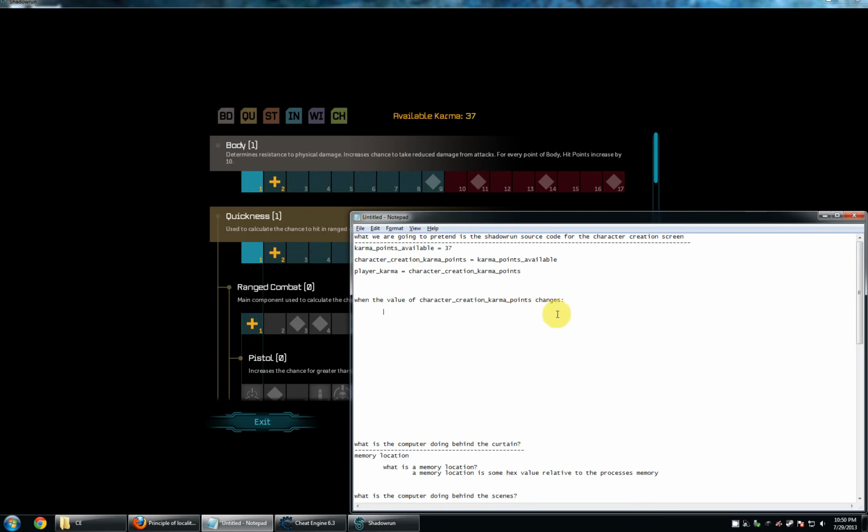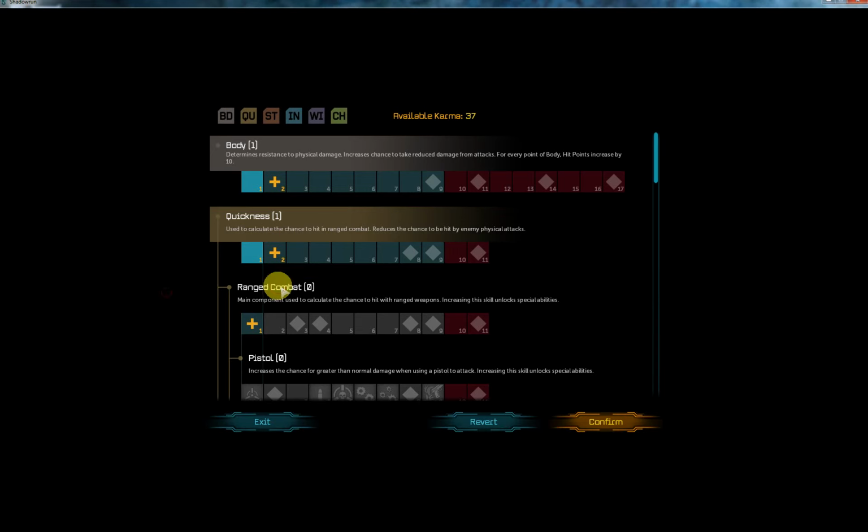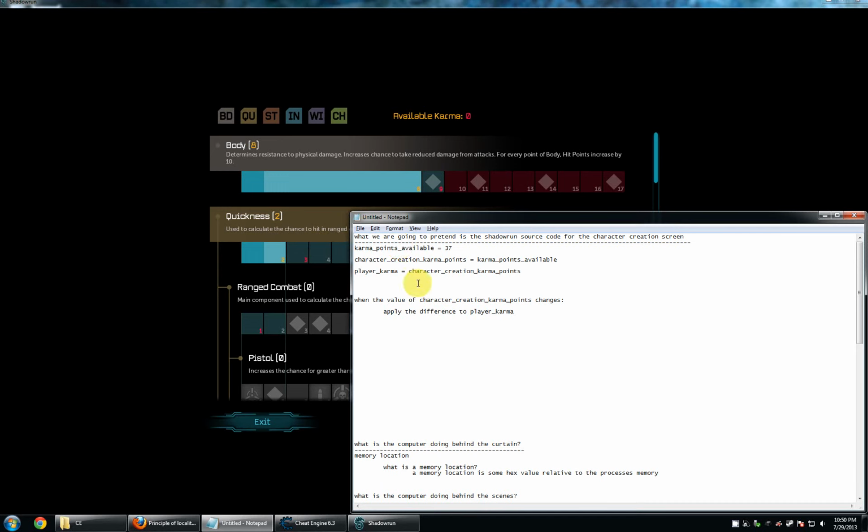When that changes, we want to apply the difference to player karma, and that is logic that is going to produce the bug that we had in one of the first videos, where we're going to spend too many points, and it's going to move our available player karma down into the negative range. Every time this value up here changes, it's applying this logic right here, and then as it's reducing that value,